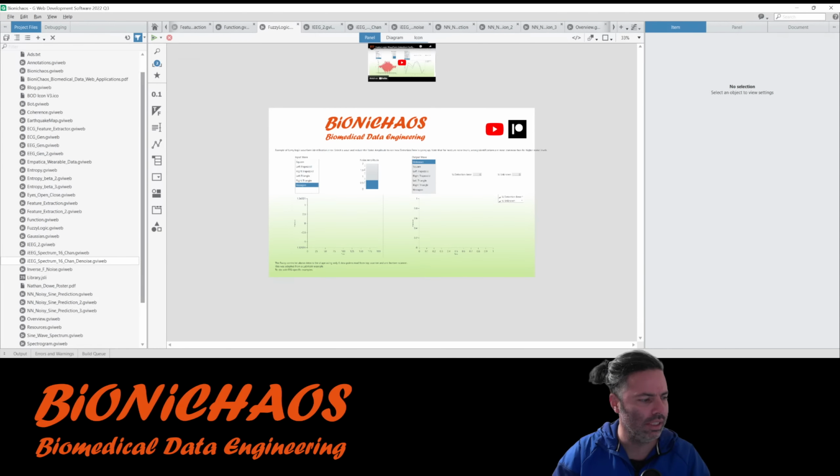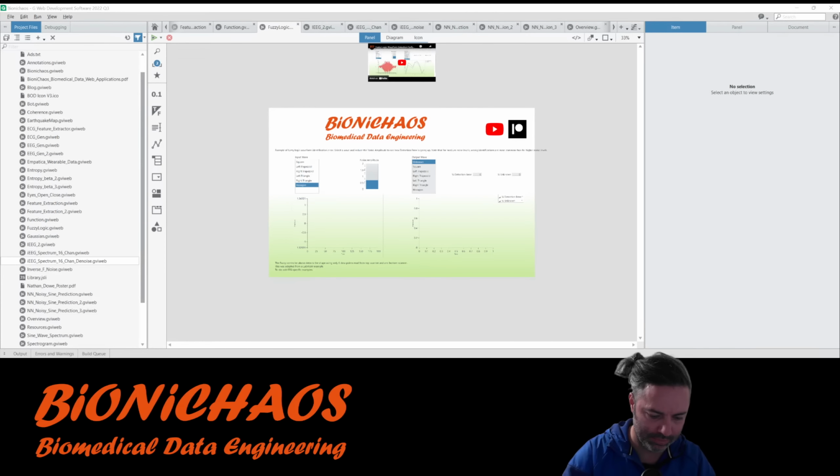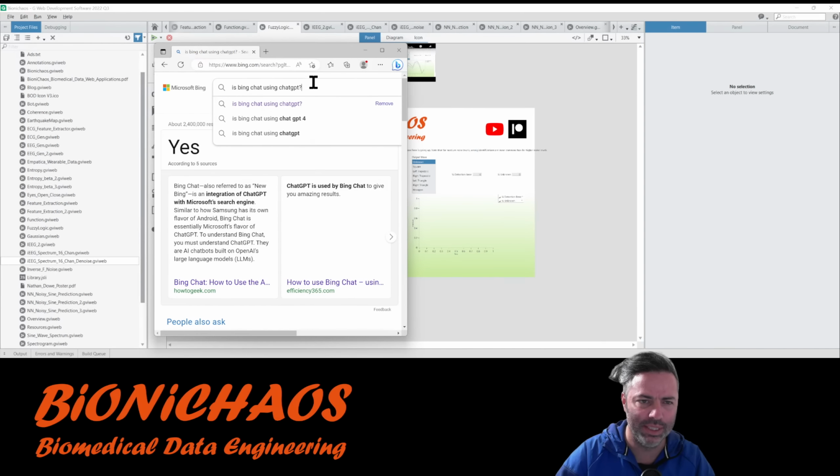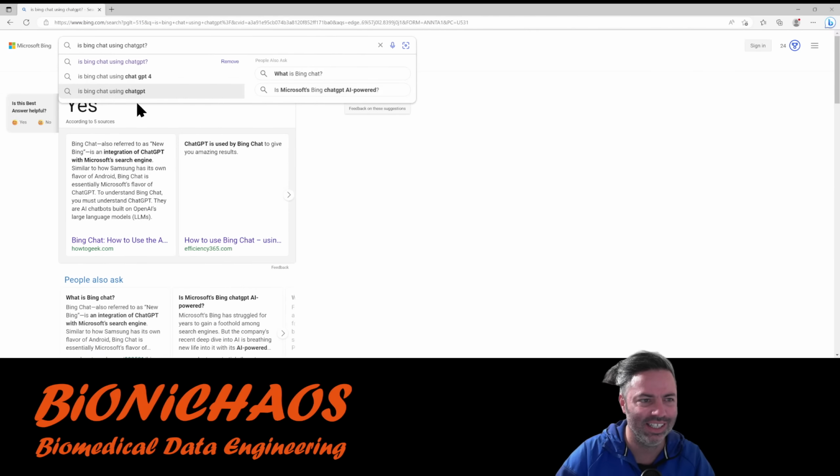Can you also save chats with this Bing chat that keeps denying that it's using ChatGPT? Here you go. Some typing is Bing chat using ChatGPT.